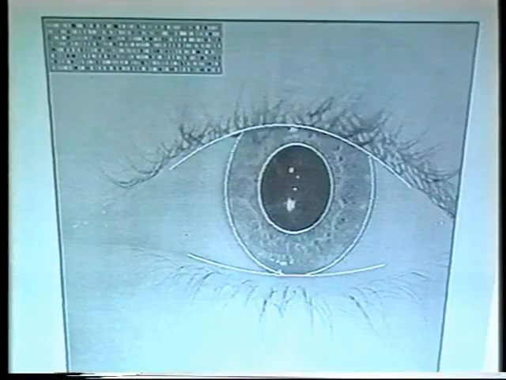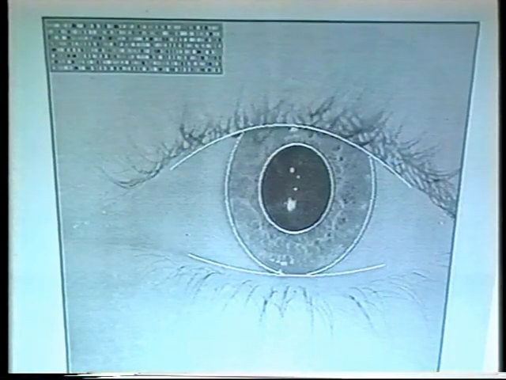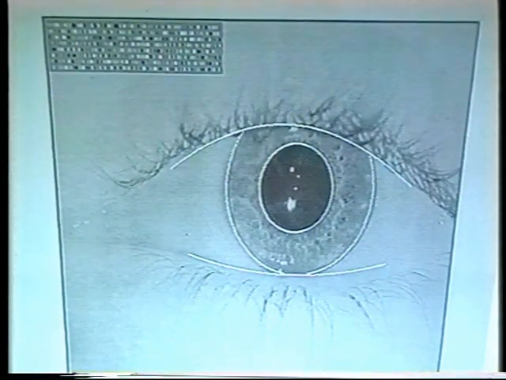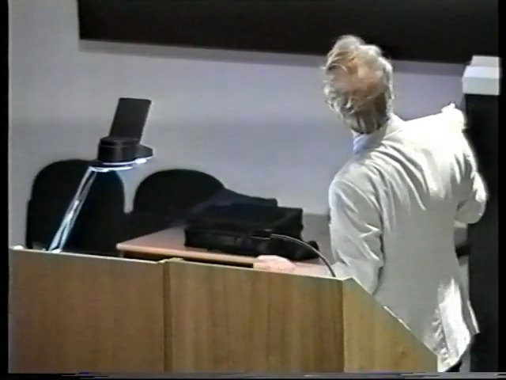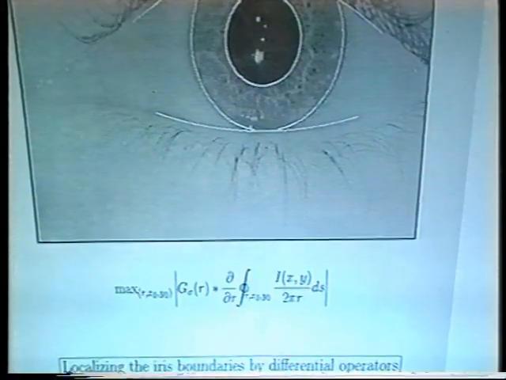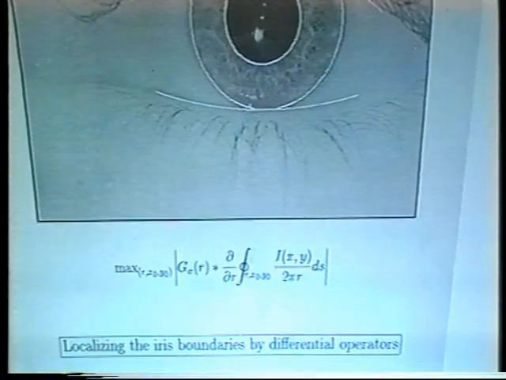We then have to be more precise and localize the individual boundaries of the iris, which includes the pupillary boundary, the outer boundary, the limbus, where the iris meets the sclera, the white part of the eye, and of course the eyelid boundaries, because we don't want to encode eyelids or eyelashes, we want to extract this part. And this is a nice opportunity for some efficient numerical computing, numerical representations of mathematical operations like this integro-differential operator, which is a very good way to find all of these contours.